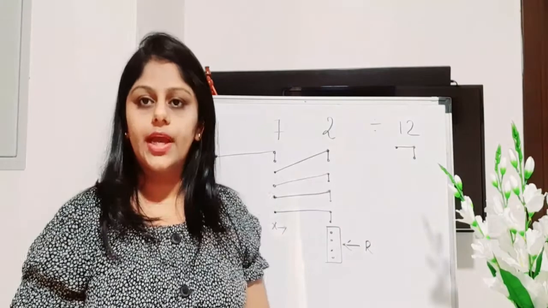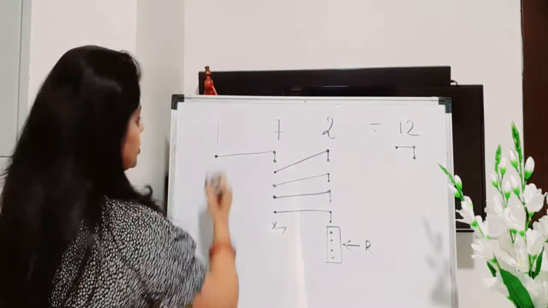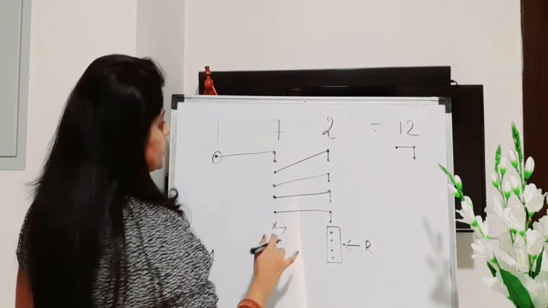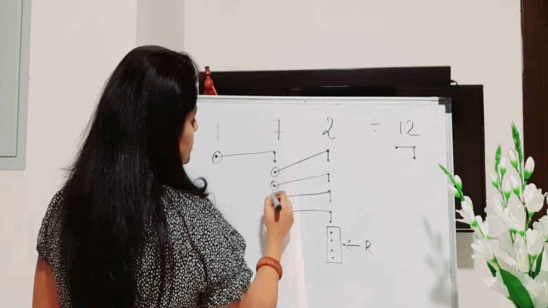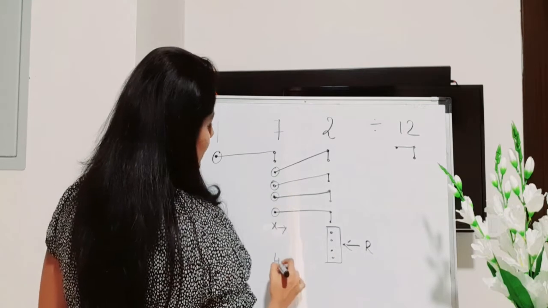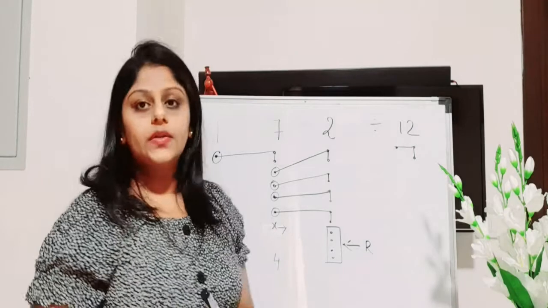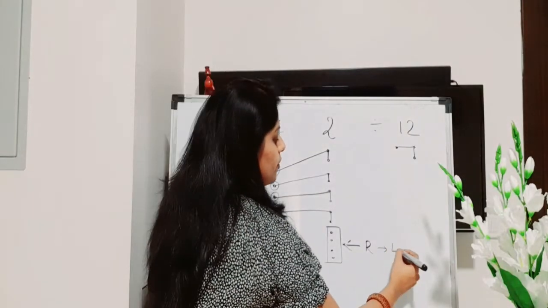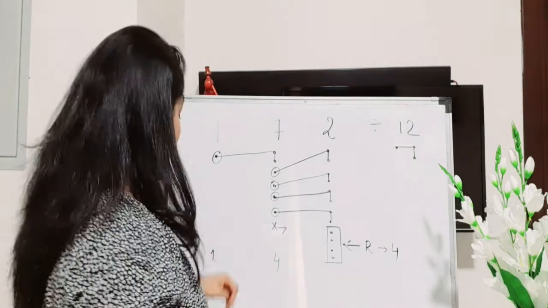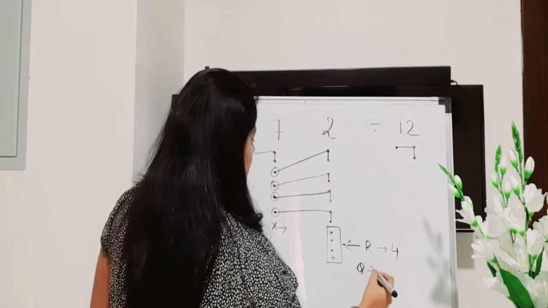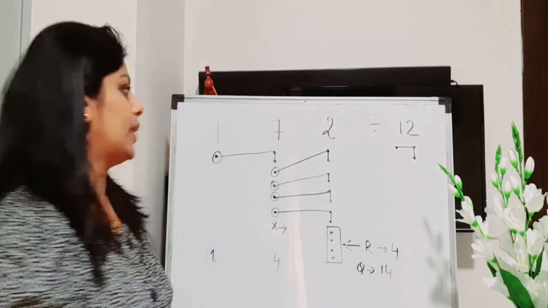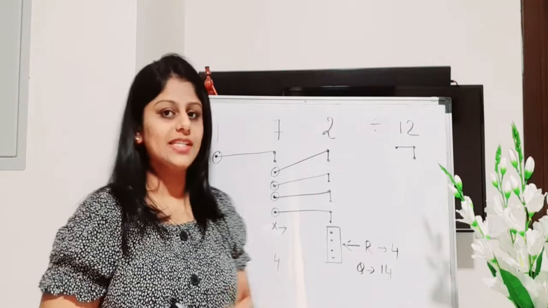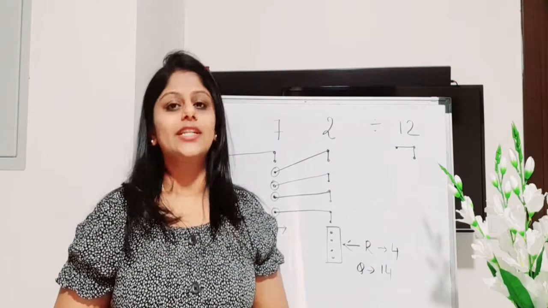For the quotient we have to count the number of beginnings in each column. In the first column we have 1 new beginning, and in this column we have 1, 2, 3 and 4, so 4 new beginnings. In this, do we have any beginning? No, we don't have any new beginning. So the remainder is 4, which is the remaining number of dots, and the quotient is 1 for 40. So for 172 divided by 12, the quotient is 14 and the remainder is number 4. I hope this was clear. So let's move on to the next question.